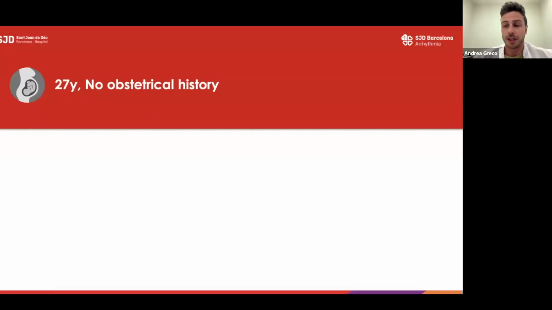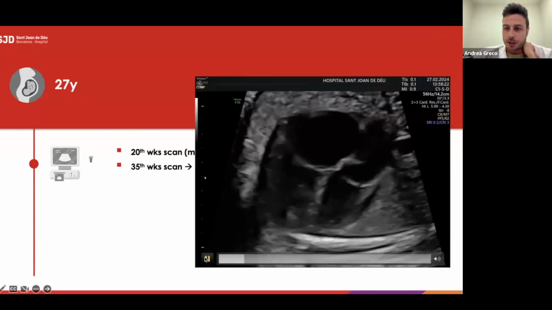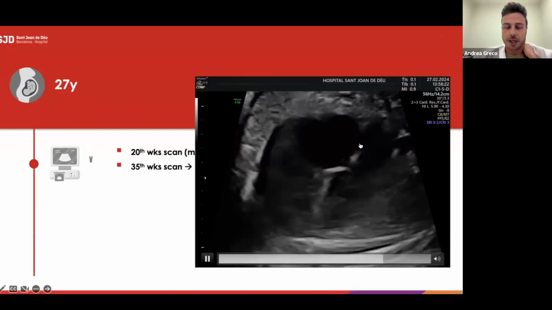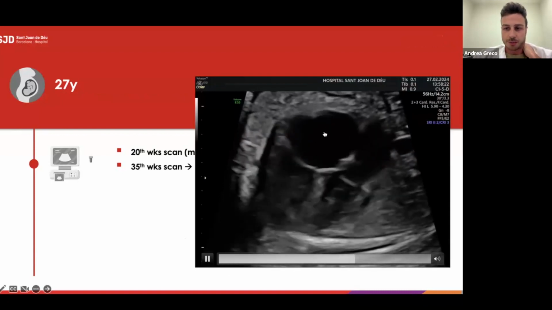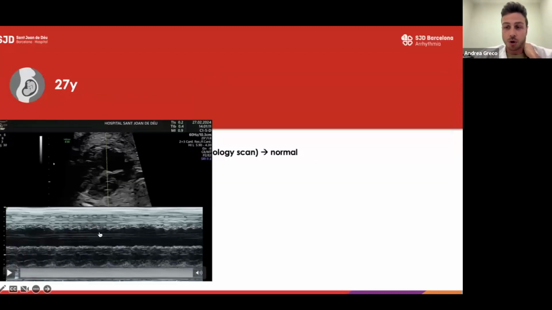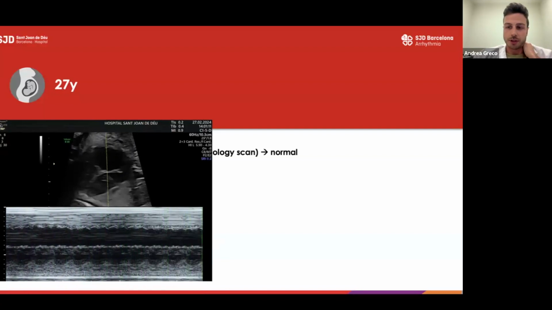Let's start with the fetal history. We have a 27-year-old woman with no obstetrical history, with a normal morphology scan, but at 35-week scan, our obstetric colleagues see this. In this video, we can see a fetal arrhythmia with significant dilatation of both atria, especially of the right atrium. This is an M mode during the tachycardia that is used in fetal scans to assess the relationship between atrial and ventricular contraction,